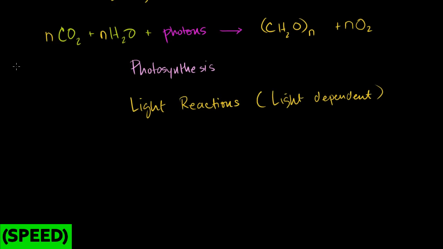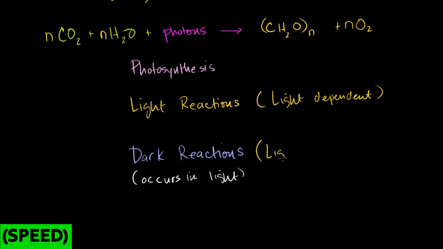Light-dependent reactions. And then you have something called the dark reactions, and that's actually a bad name because it also occurs in the light. Dark reactions, I wrote in a slightly darker color. And the reason why I said it's a bad name is because it still occurs in the light. But the reason why they probably called it the dark reaction is that you don't need light, or that part of photosynthesis isn't dependent on photons to occur. So a better term for it would have been light-independent